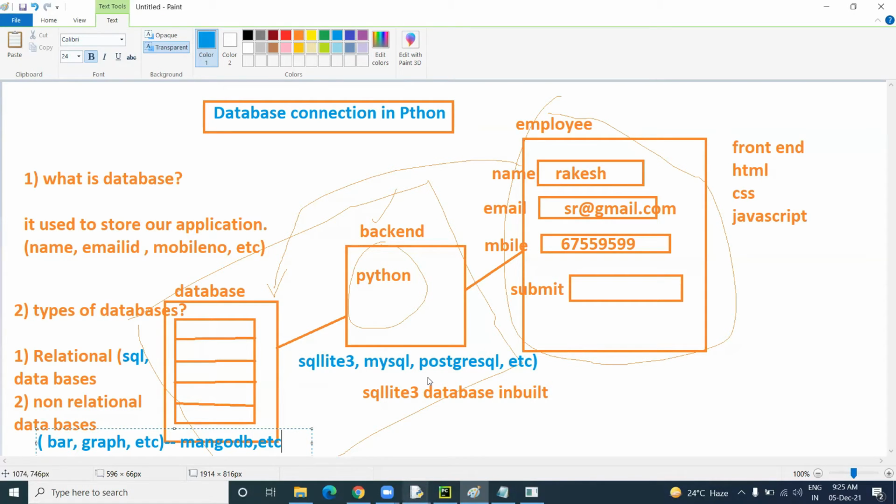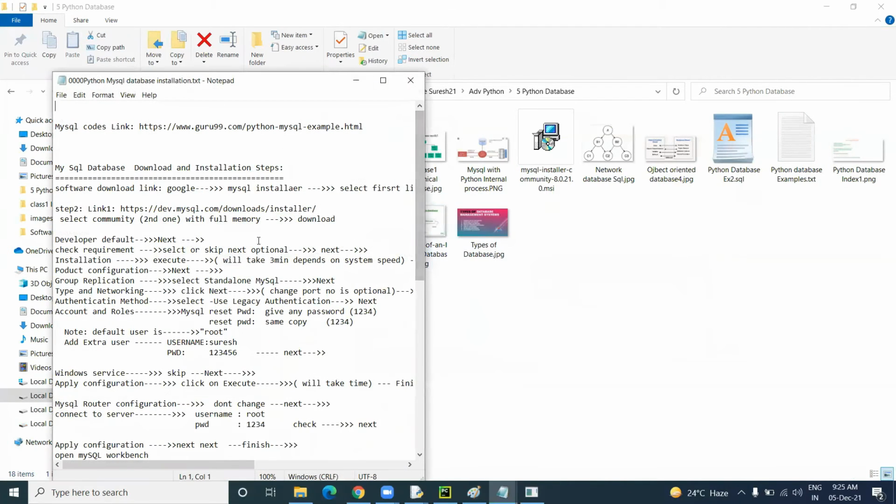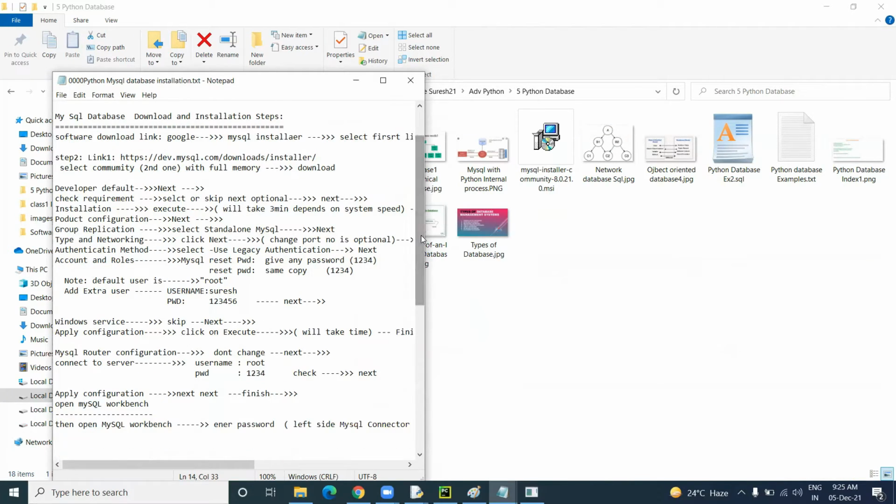I'm going to open some MySQL steps, which are already there. Just open the MySQL installation. Here you can see I'll give you some links.